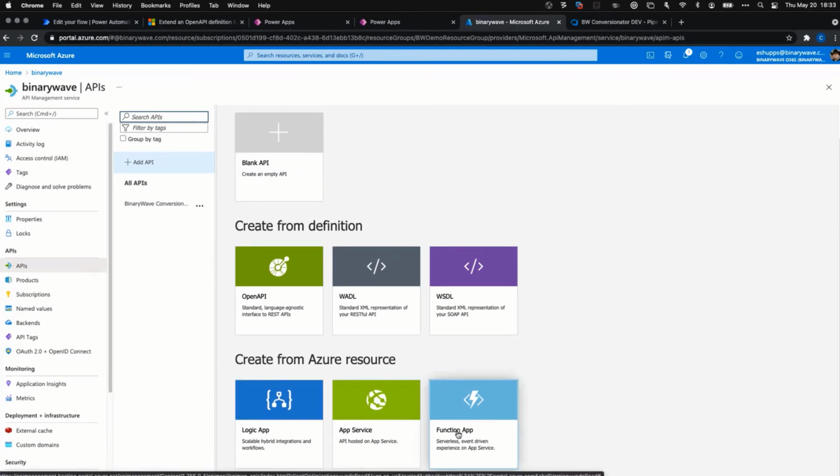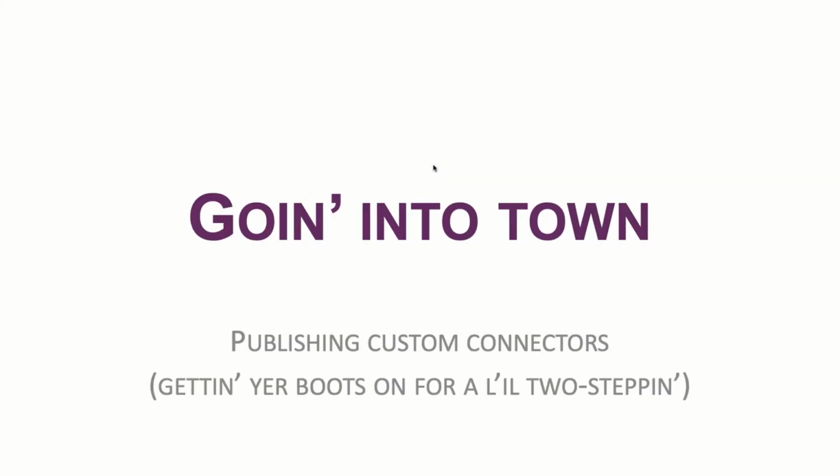Now, if you choose to do this, ooh, that sounds cool. I'm going to go build my Azure function, and I'm going to import it into Azure API Management. I'm going to automatically get an API. Not so fast. Because what you're going to get from an Azure function, if we go and look at one,